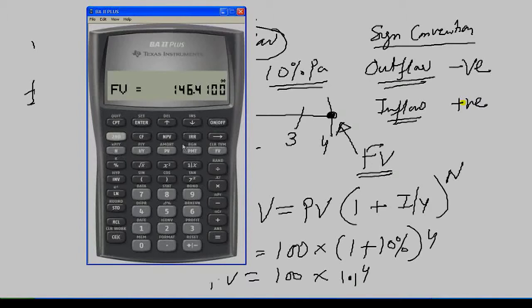Now if you want to do another calculation and you forget to put in some value, your calculator will use the value from the previous calculation. So it is very good advice that you remove whatever was done earlier. You clear all your work that was done earlier. Above FV you see that CLR TVM is given. It means clear time value of money.